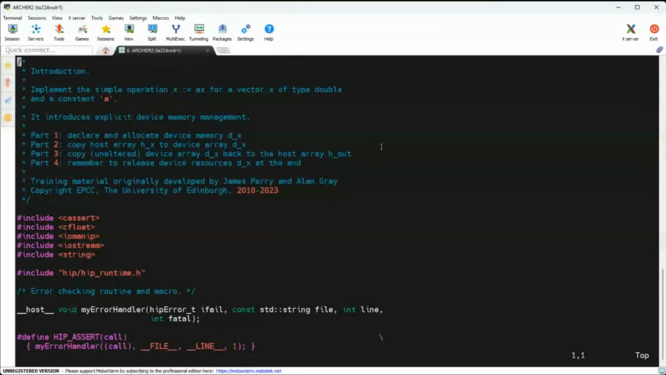So yeah, let's solve it together. Actually, I didn't have the time to test it, so let's do it together and see if that works. So the exercise is, we have a vector, an array. We need to copy the array from the host memory